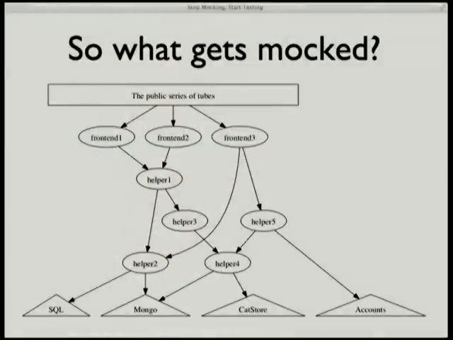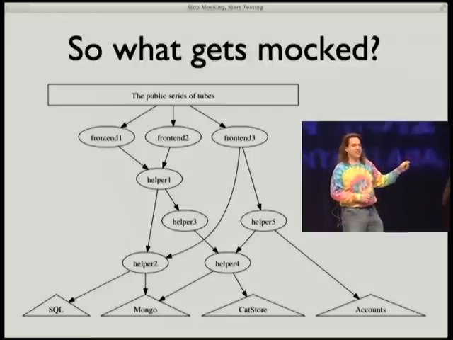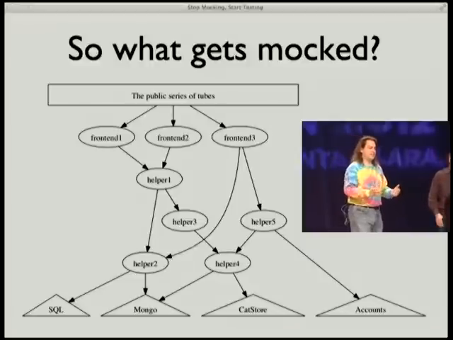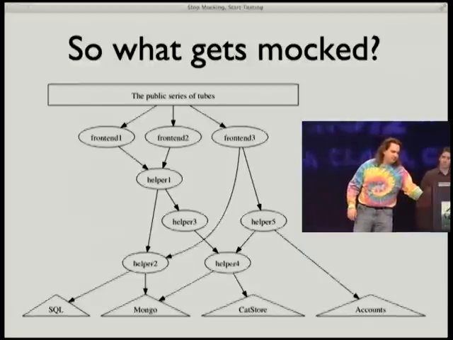So going back to this example of a modern scalable web service, what is it that we're mocking? It's all those expensive things, those expensive stores, and those remote services that are represented as the triangles at the bottom. We don't have mocks of any of our own core business logic as represented in the middle of the diagram, and we don't have mocks of any of the message types that represent user request data and user response data that are passed along. Those are stateless, or they're simple, or they're otherwise inexpensive, and so we don't mock them.